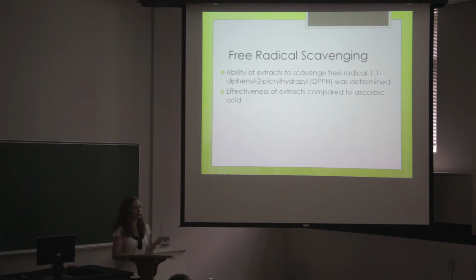The third thing that I looked at, which was non-enzymatic antioxidant activity, was the ability of the extracts to scavenge free radicals. Free radicals in your cells or in your tissues can cause damage. They can cause premature aging or wrinkles or cancer. So you don't really want them in excess in your body or even in the plants themselves. The free radical that I used in this assay was 1,1-diphenyl-2-picrylhydrazyl, or DPPH for short. And I compared the ability of my extracts to scavenge these free radicals